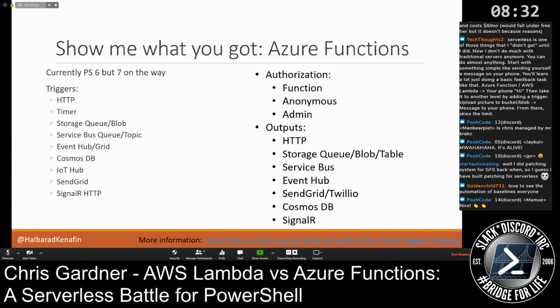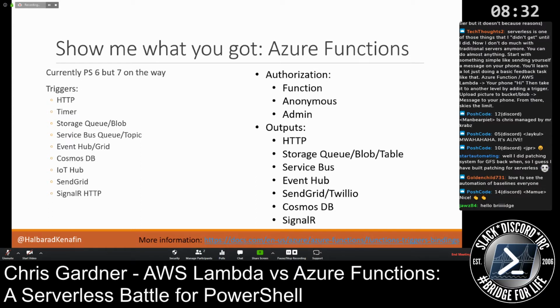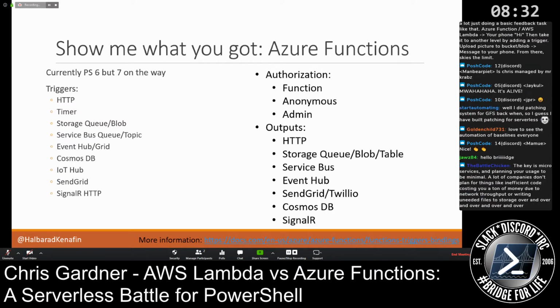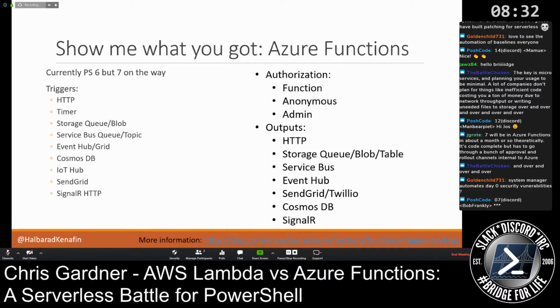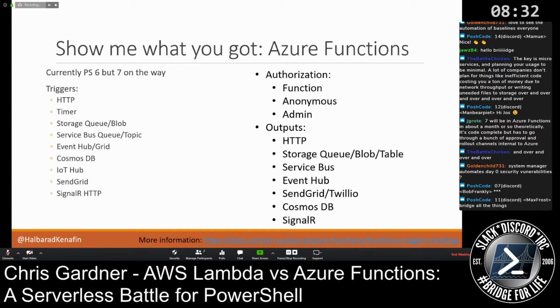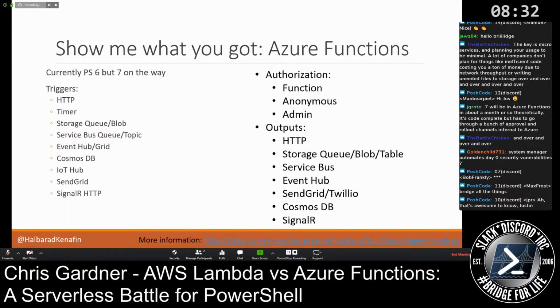It's got a whole bunch of different types of triggers. You've got authorization in various forms and a ton of different outputs. The big things for most people using functions are things like HTTP triggers and timers, because then they can basically replace your scheduled tasks potentially, or your cron jobs, and things that use storage queues and service bus queues are quite cool. And the outputs are what you'd expect, dumping stuff into other queues and service buses, HTTP outputs if you wanted to call some other endpoints or some other function, so you can pretty much chain these together potentially. And yeah, they're pretty useful.